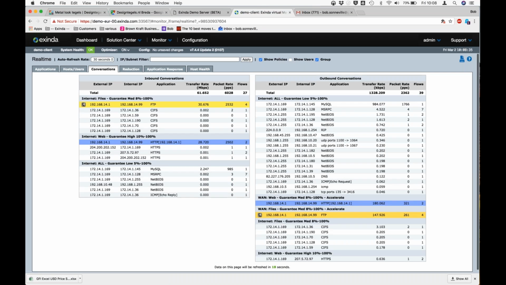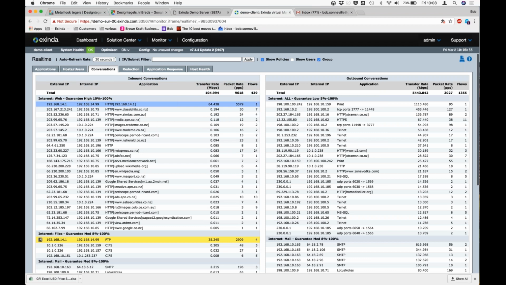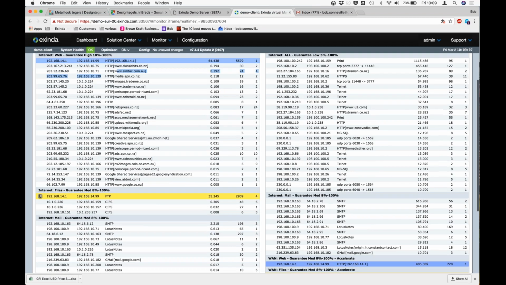Of course, in an MPLS network, the external IP can be seen as a private IP address again, because on the remote end, it's still a private IP address. So don't really focus on my end. Yellow colored bars are accelerated connections. Blue bars are proxied connections. But as you can see, in the URL section, we will show you which URL was behind the HTTP session. The FTP and CIFS will show you